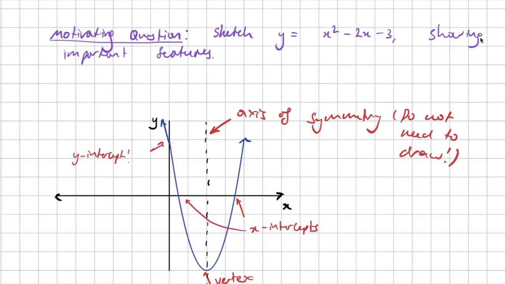So it says to sketch this particular quadratic, this parabola, noticing that we have y, and it's a quadratic because we have a square in the power. Okay, so it's power 2 for the leading term, showing the important features. Now, leading up to